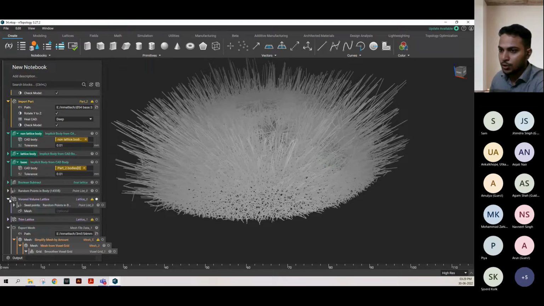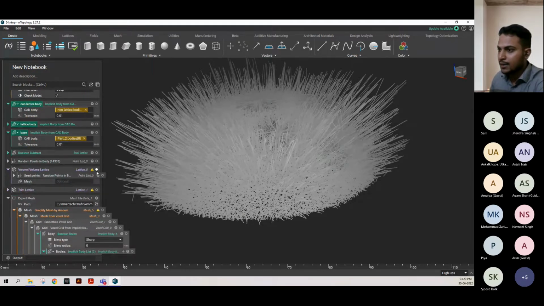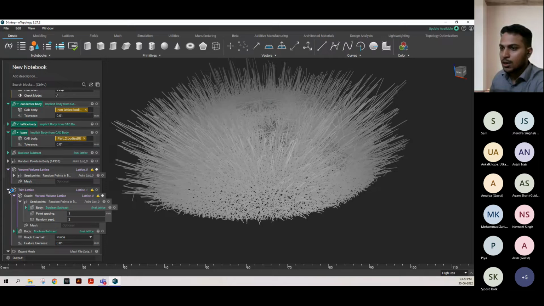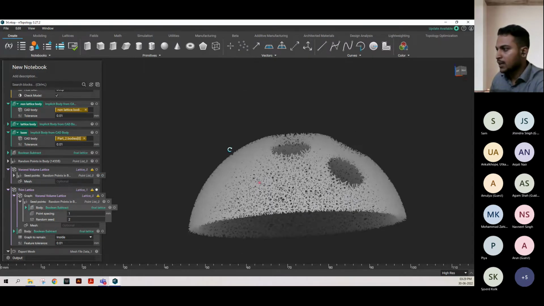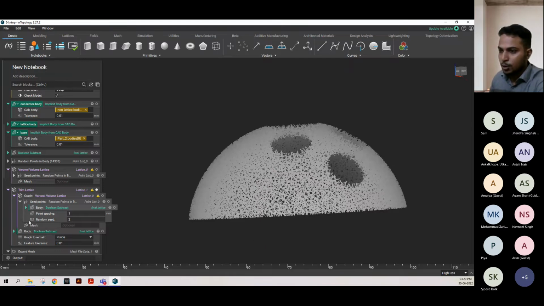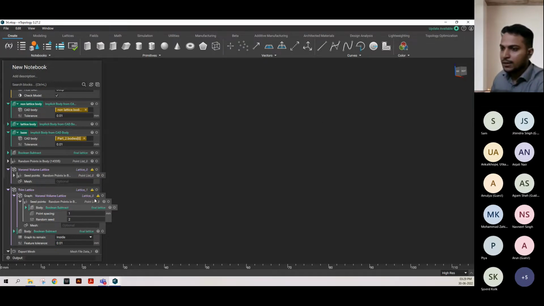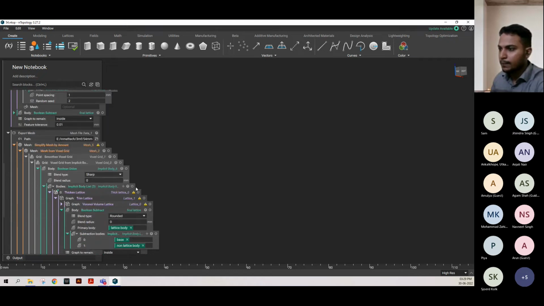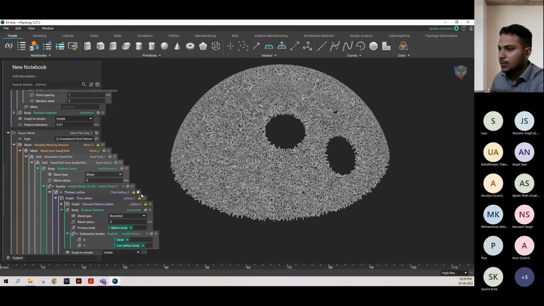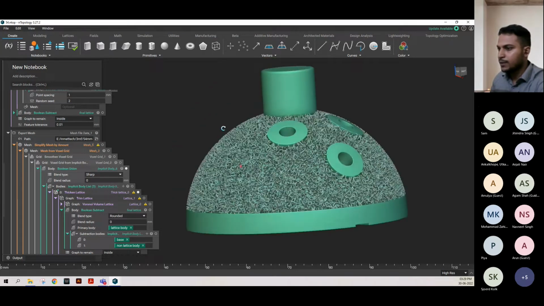And once we had that, we gave some instructions of Voronoi volume lattice. Currently, we are applying a Voronoi volume lattice. Based on our demand, we are trimming it according to our basis, like it got trimmed. So there are trimming options where we can trim the lattice based on inputs. Like if we need to have the lattice beyond our body, we can have the lattice beyond our body too. Once we have this lattice, we thicken the lattice structure. Once the whole thing is done, we just Boolean union everything